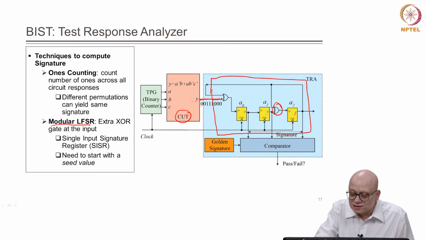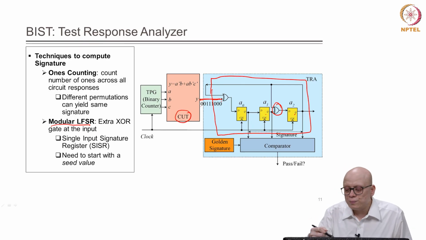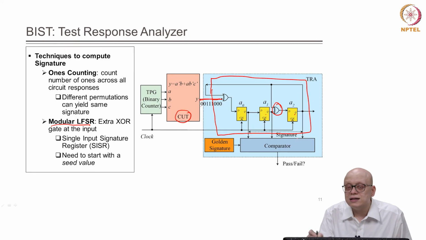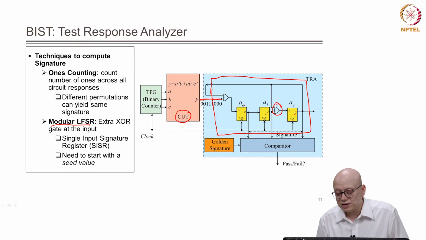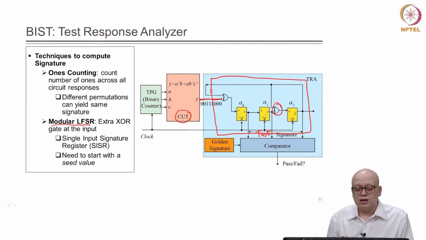So, in this case the output produced by the CUT will be going as input to the modular LFSR, and it will go on computing the signature, and after n clock cycles it will get a signature, or the values at these state elements, and that will be considered as the test signature, right. Now, this test signature can be